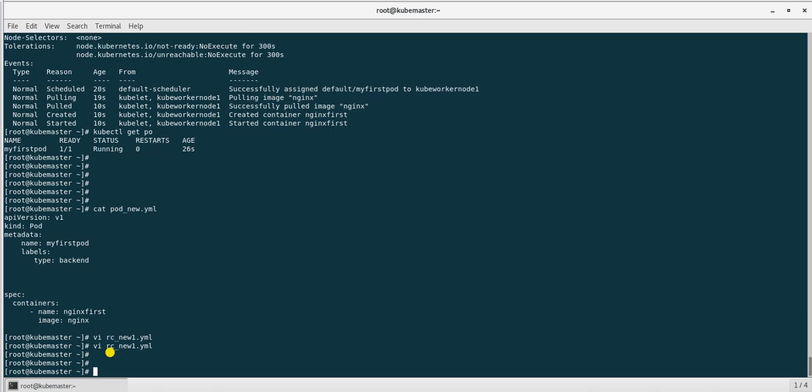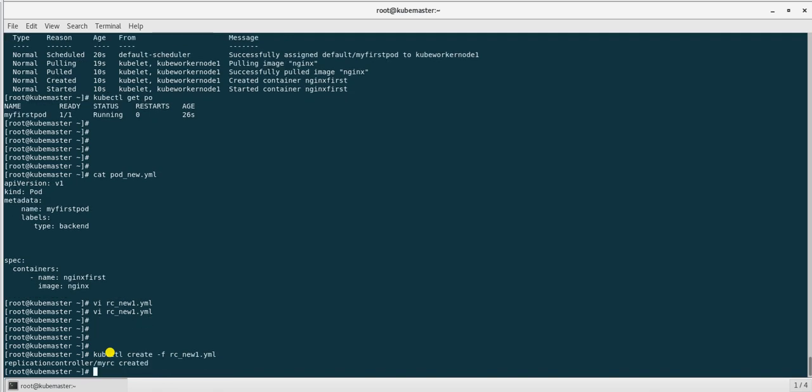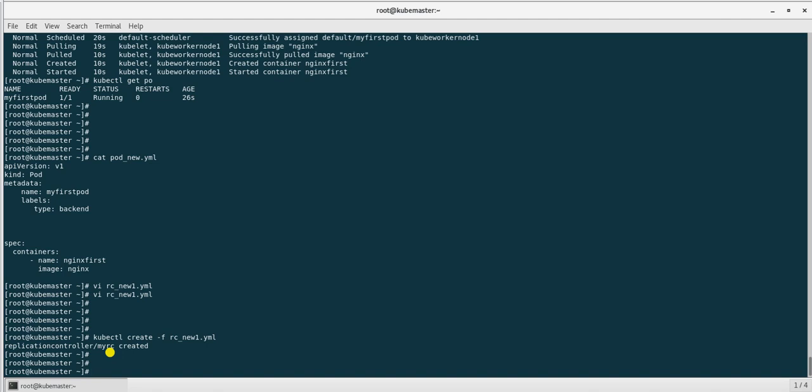What it will do is, we already have one pod running, so it will create another 2 new pods to make a total of 3 pods. So just create it, kubectl create -f rc_new1.yml, and our replication controller is created.